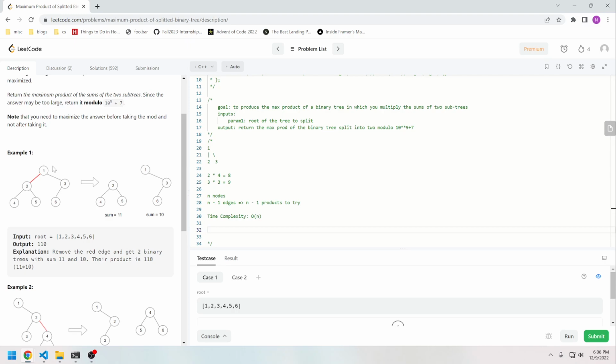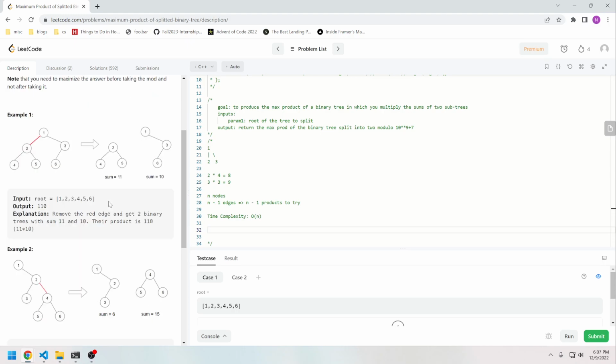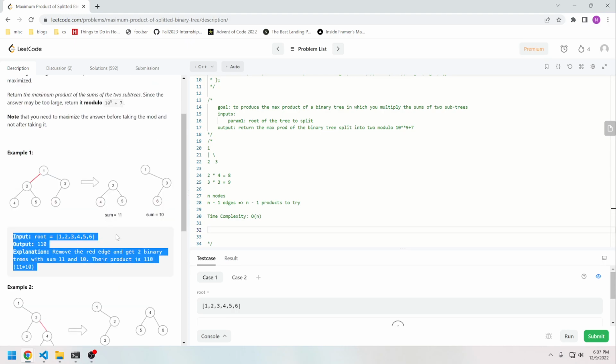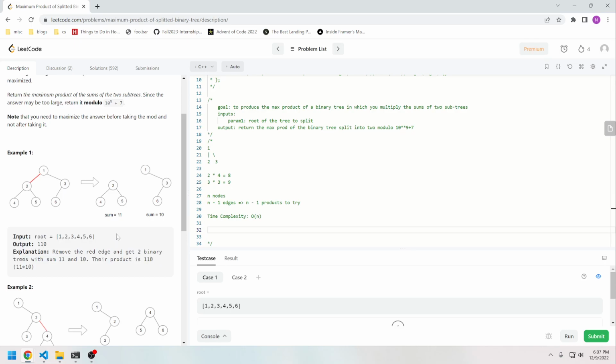But honestly, since the tree is not organized in any certain fashion, there's no good way to do that. You are probably just going to have to try every edge. So with that in mind,